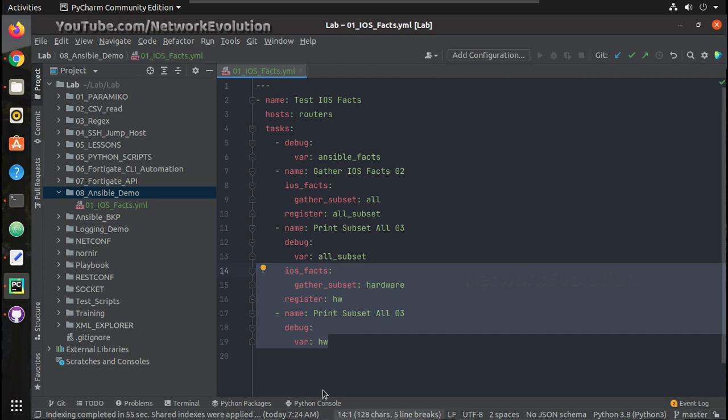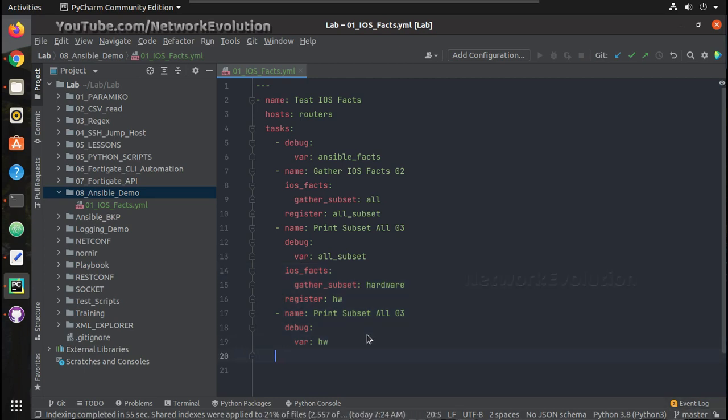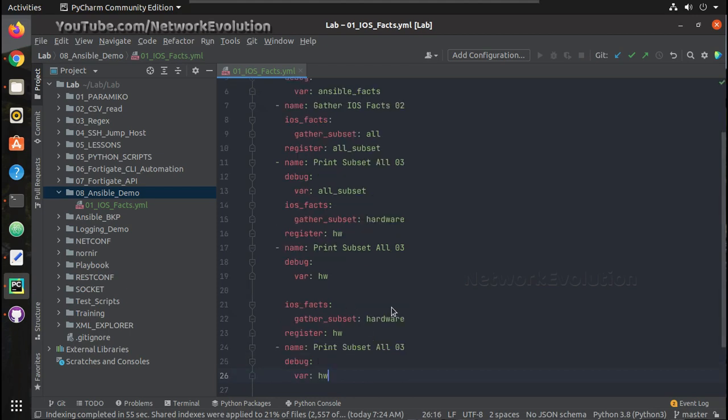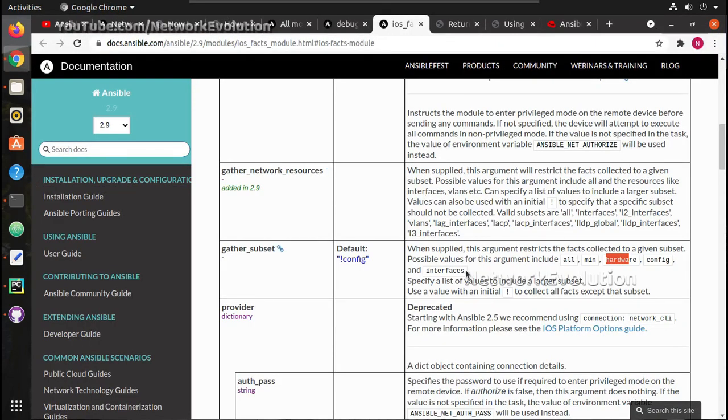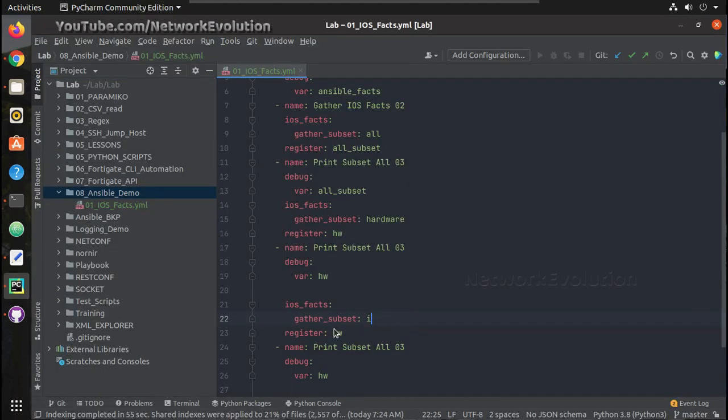And similar to that we'll do one for interface as well. We can go to the documentation, it is interfaces, we can give anything here, any name, variable.